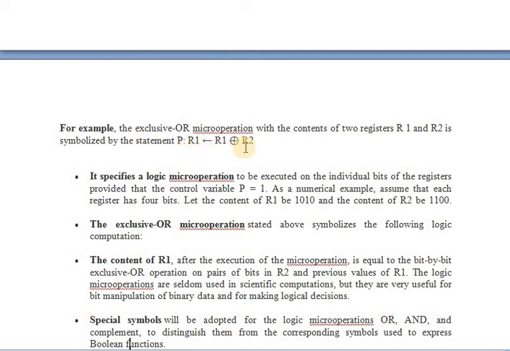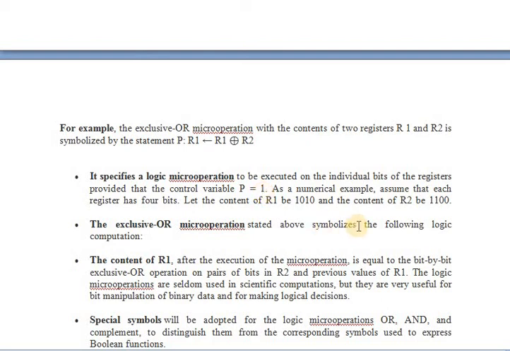That is, the XOR operation of R1 and R2 is stored in the register R1. It specifies a logic micro operation to be executed on the individual bits of the registers provided that control variable P equals 1. Based on P, it will perform.